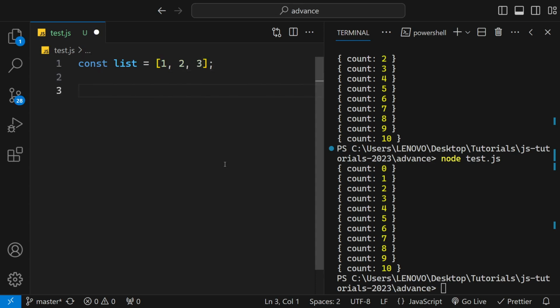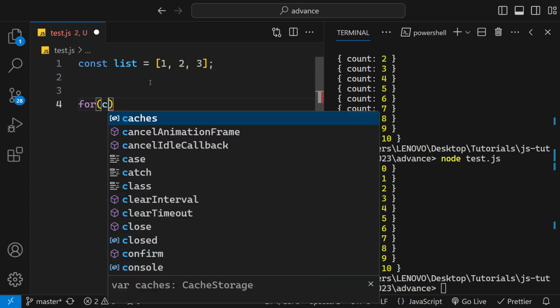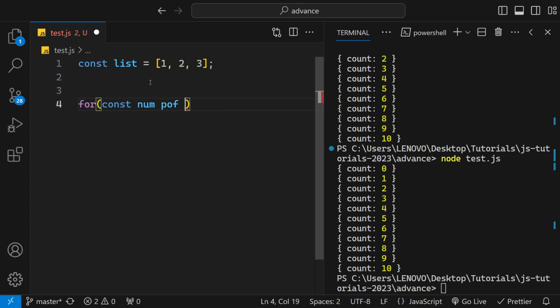If you would like to loop through and add, let's say I would like to add 1, 2, 3. I would like to get the sum of this array. How can I do that? Using a for loop. It's very simple. You have the for loop. You say num of list,